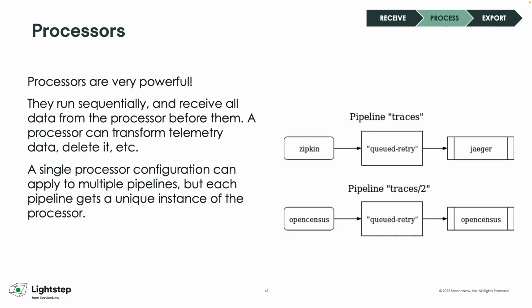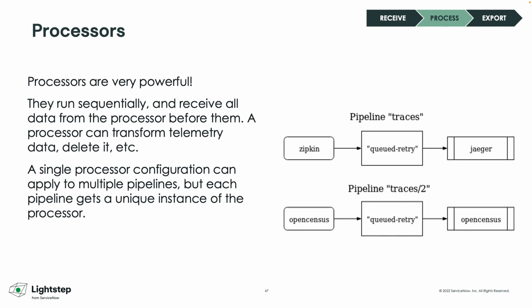Let's go now to the processors. Processors are the more clever part in OpenTelemetry Collector because they are used to transform your data in any way that you want. Be aware that processors run sequentially, whereas receivers or exporters most of the time work in parallel, meaning that you should define the order of your processors so that you filter first, then you transform your data in order to be more effective and more performant when you process this data.